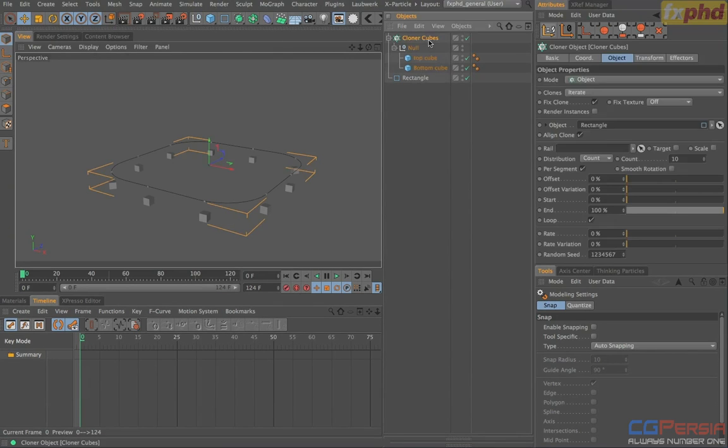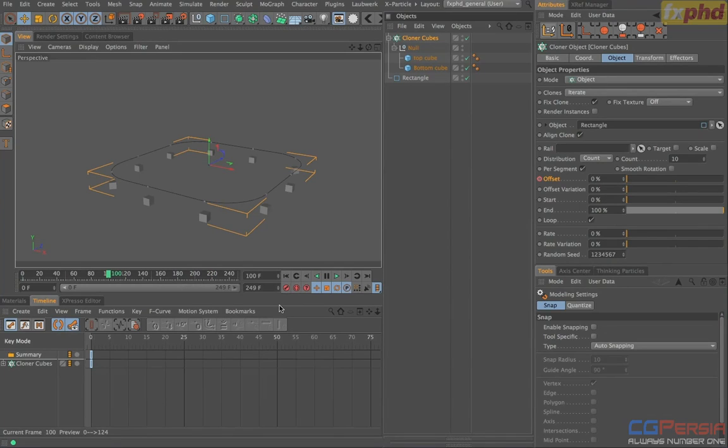If we grab our cloner, we can then animate the offset parameter, and you can see that our clones move around the spline. So let's Control click to create a keyframe for offset at 0 on frame 0, and then come to, say, frame 100. I'm actually going to set my project to be 250 frames all in. So we set the last frame to be 249 because we're starting on frame 0. And now we're on frame